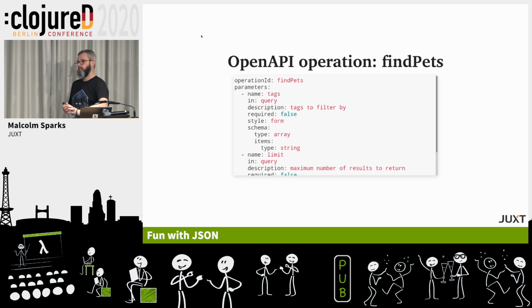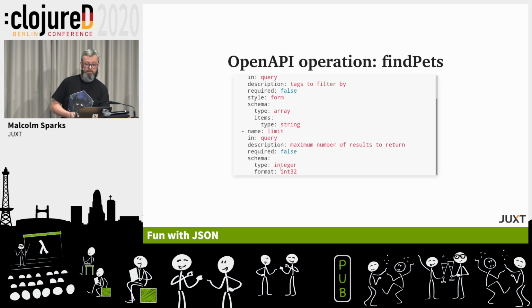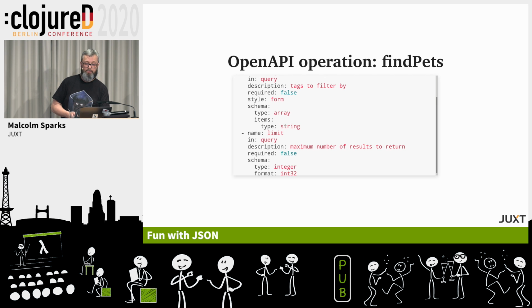So instead of generating Swagger, I thought, well, what if we just take the Swagger as it is, take the OpenAPI contract, and this is in YAML, but YAML translates to JSON, so the talk's still about JSON. So we can take some data and define some parameter contracts. And this is the example inside the OpenAPI demo called findPets, and it takes name, tags, which is a query, and a limit, which is going to be an integer. So the tags can be an array of strings. And in the OpenAPI